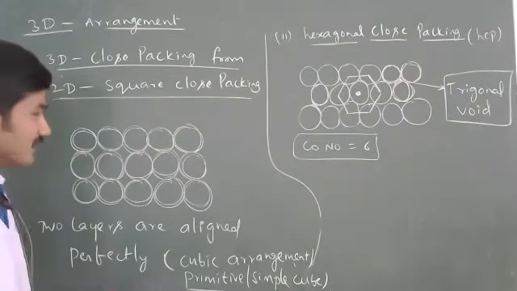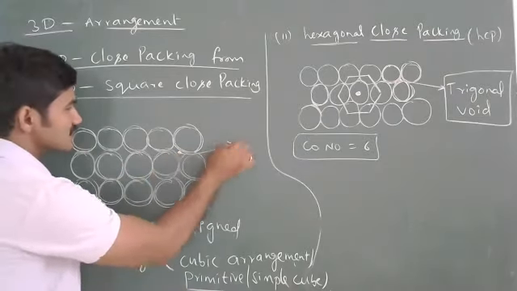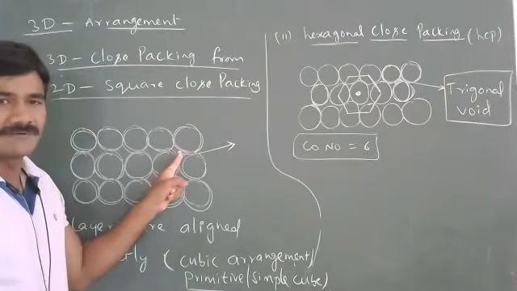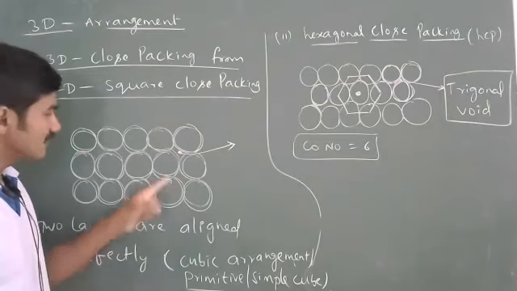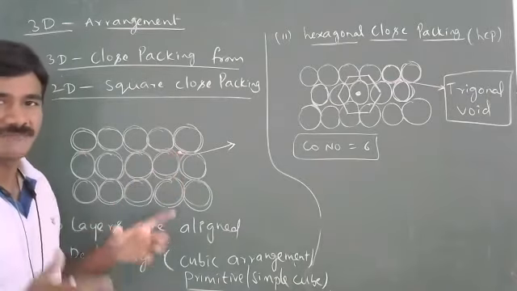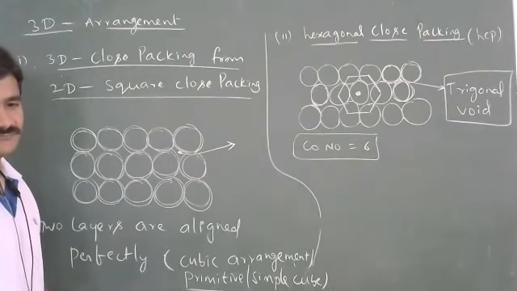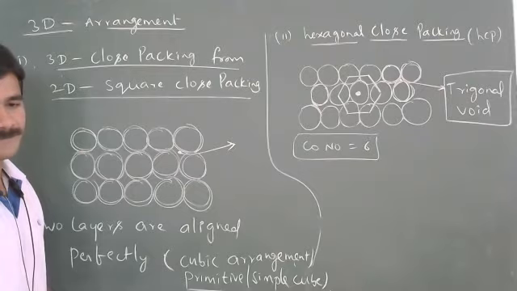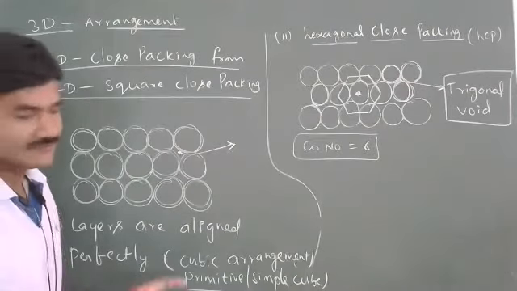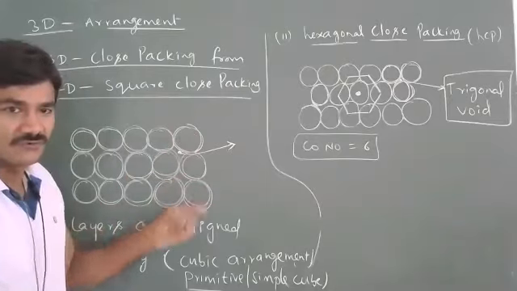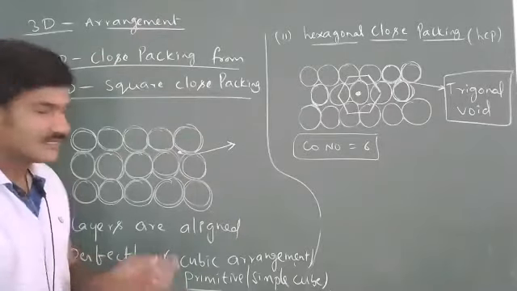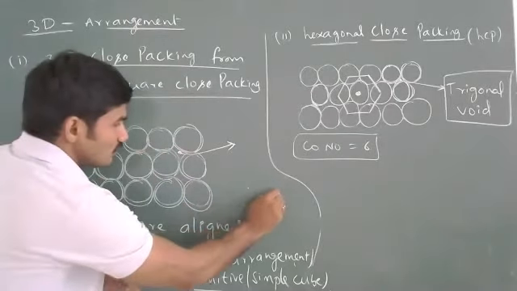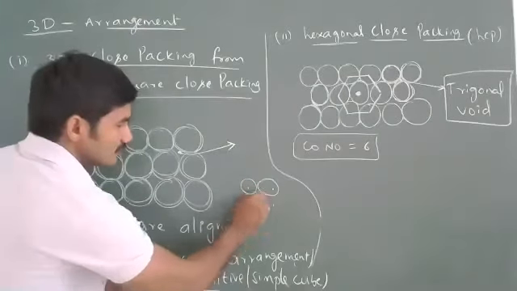Now we observe a small point here. We can see one small gap. This gap is found between how many atoms? Can you tell me? Not 4, 8. You are seeing 4 spheres. 4 spheres are in one layer. Above those 4 spheres, we are using one more layer. Here, these are 4 atoms. 1, 2, 3, 4. 4 atoms are there.